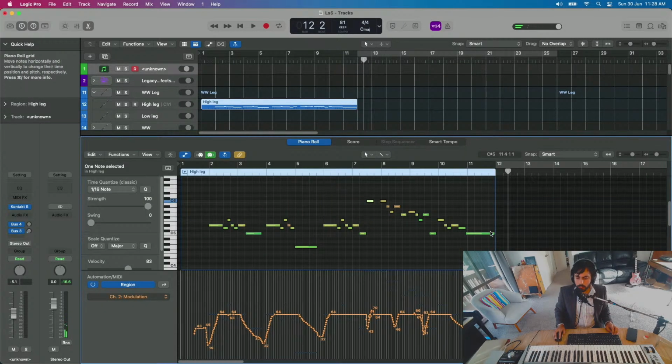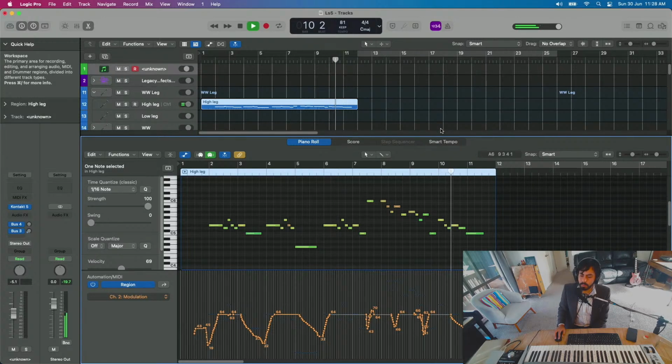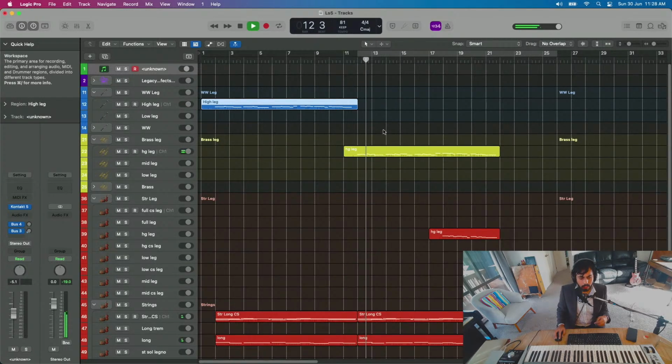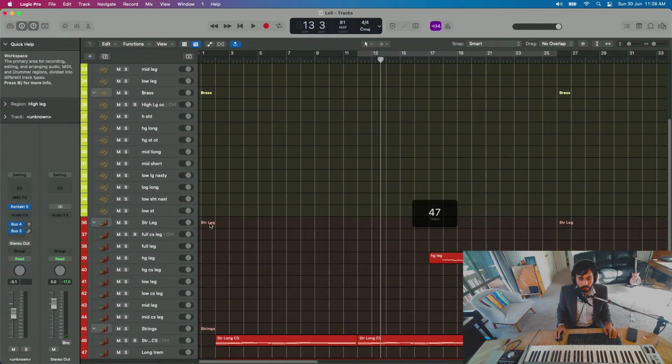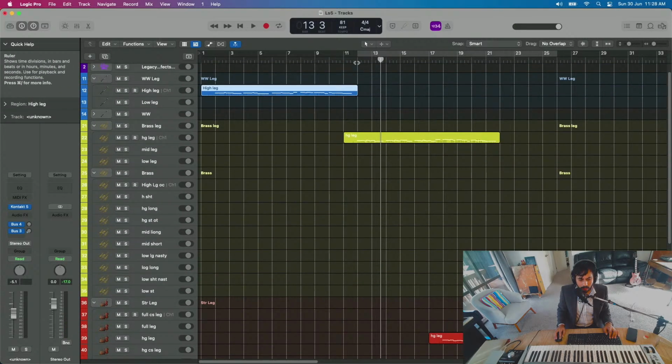I want that to not last as long there. Oh my gosh. Let me do that. 2, 3, 4. I might double that up, the harmony up with some brass at this point. Not sure. Maybe just